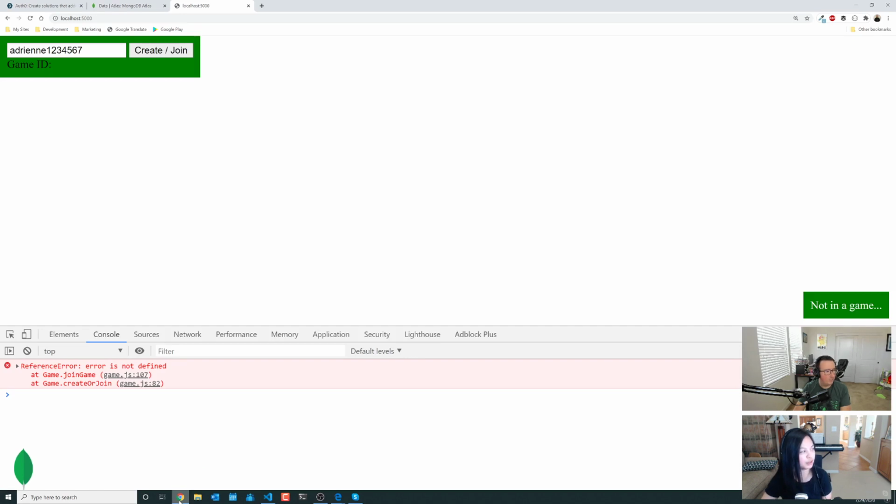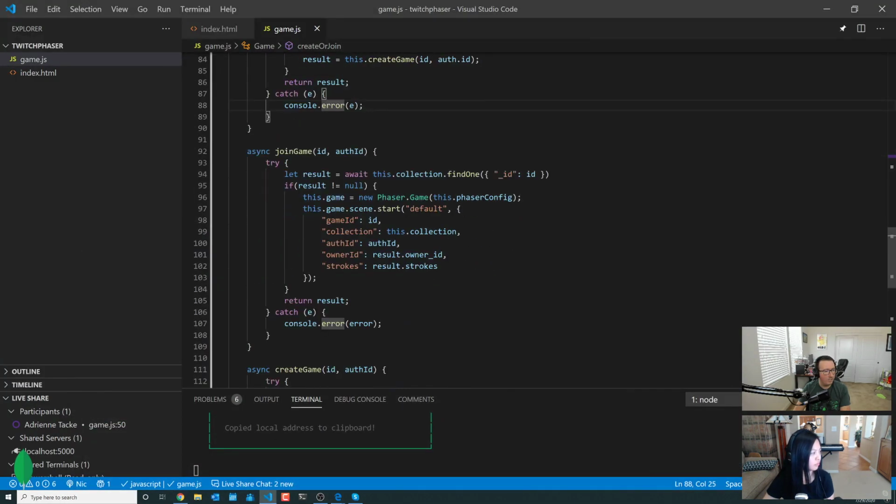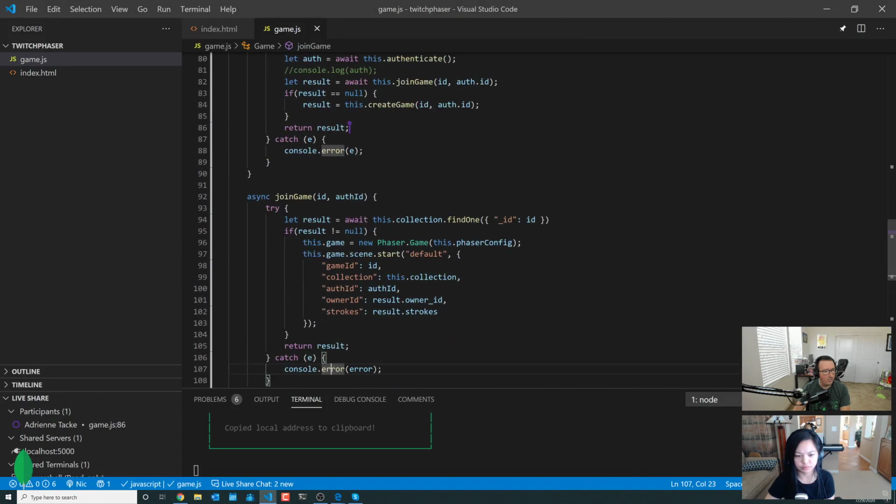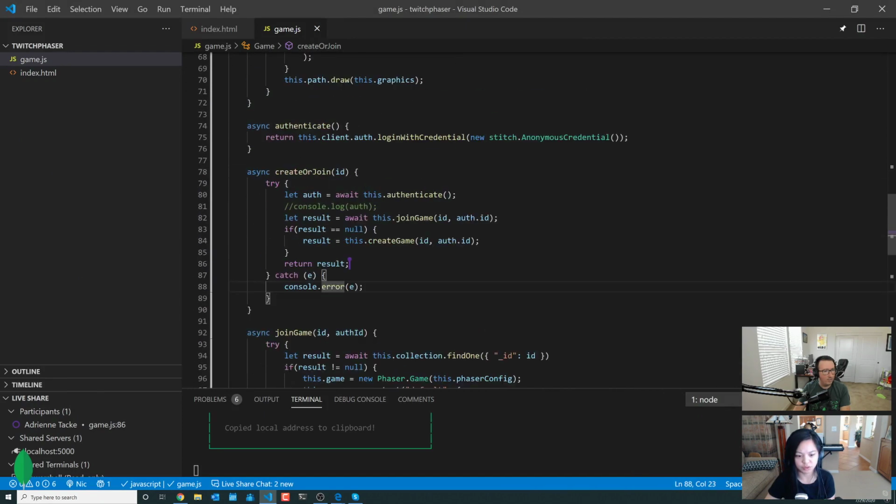Yeah, I'm trying to figure out where that would be. 107, 82, 88. It doesn't like any of those. It was working a second ago. Of course it was. Always. What do we have in our HTML? If someone sees something spotty in the chat, let us know.